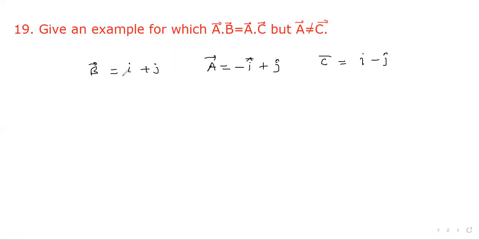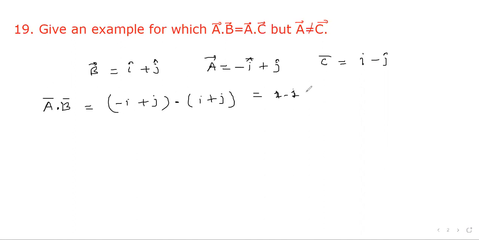Now, let's find out A dot B. A dot B will give minus i plus j times i plus j, that is minus 1 plus 1,